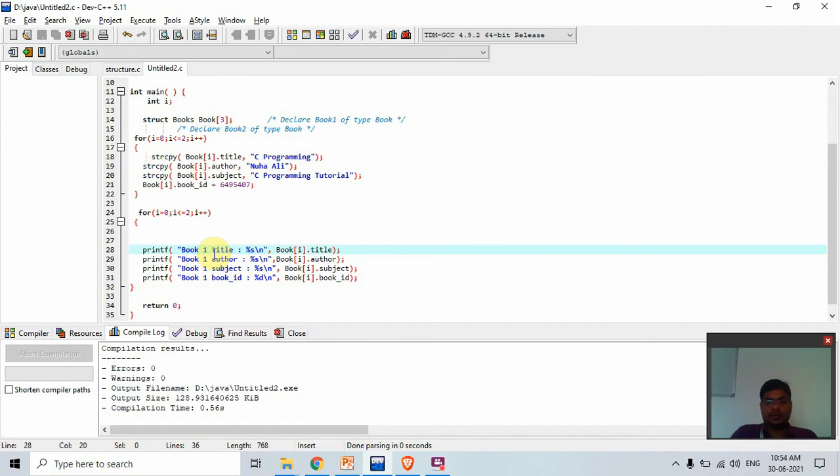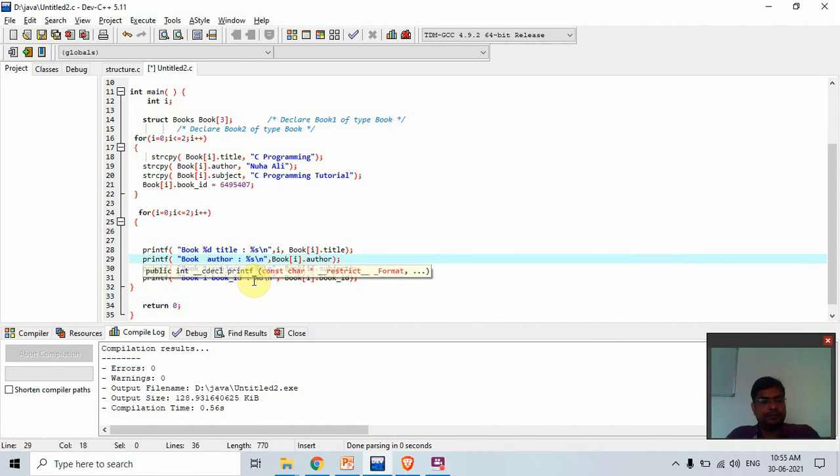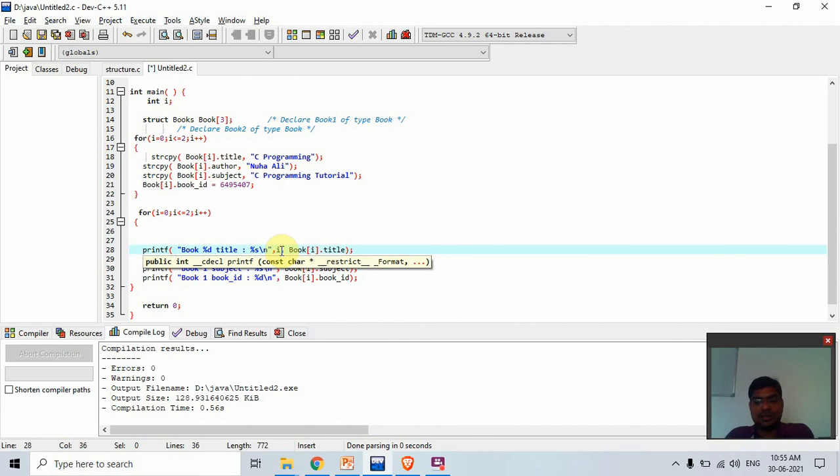Book 1, not book 1. I print the value of I, percent d, and I pass the I here. Now comma, the same, percent d, I plus 1, because I starts from 0, but the book number starts from 1.